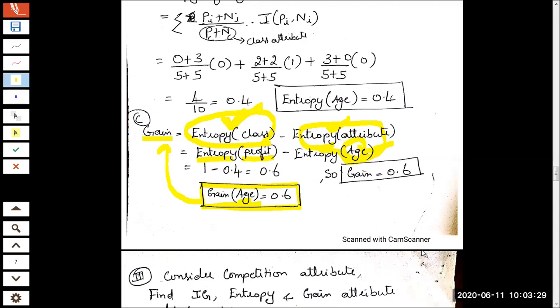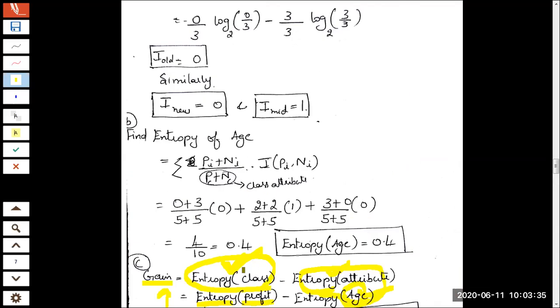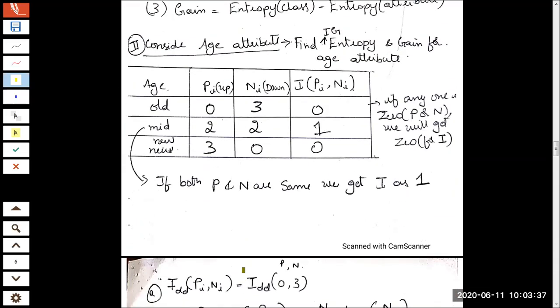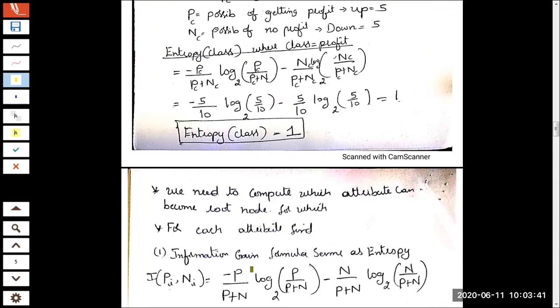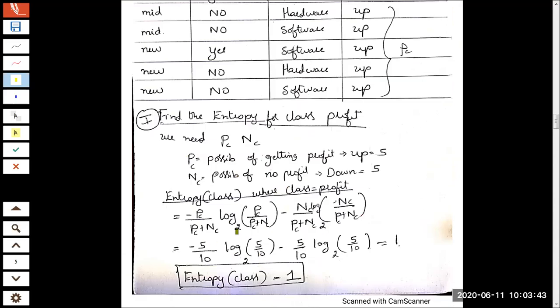As part of this step, what we require here is the entropy of a class. You need to compute it. How to compute the entropy of a class? How to determine the amount of disorder that is there in the class? So this is the step.